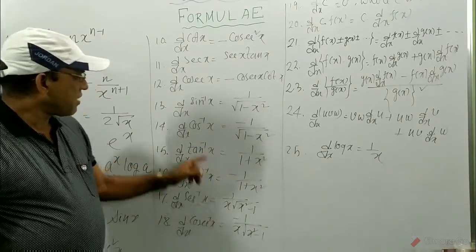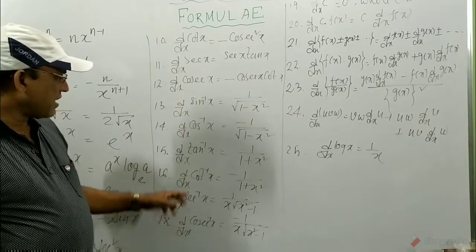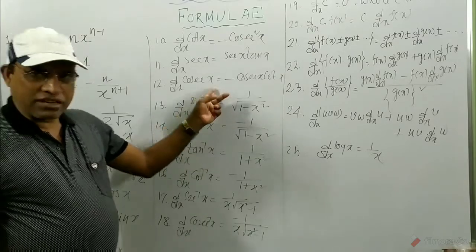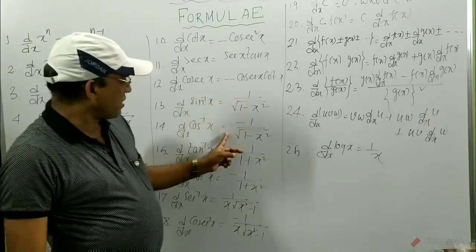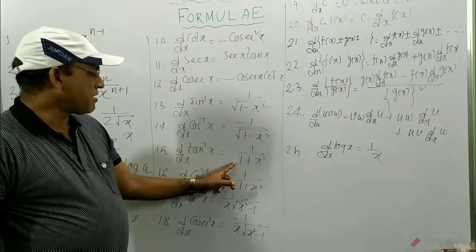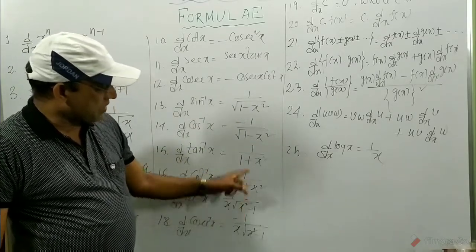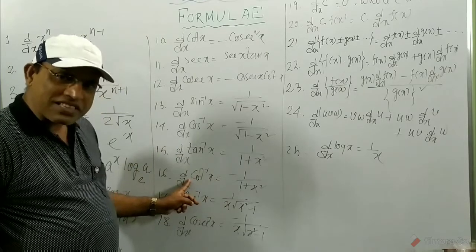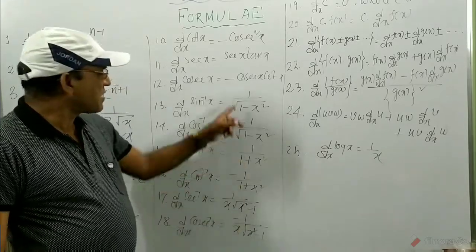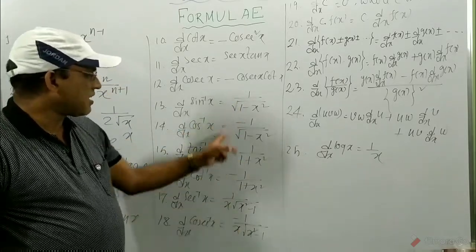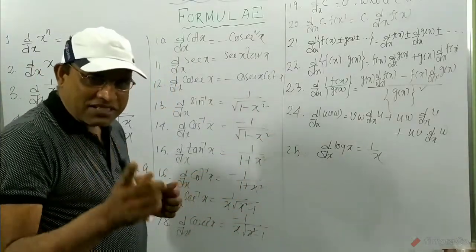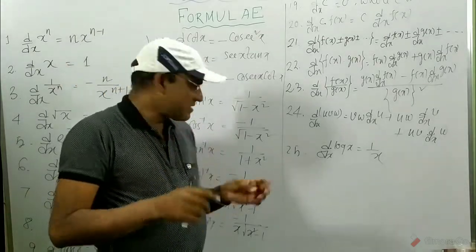But there are these 6 formulae. If you learn them by heart, then you can easily write the others. That means buy one get one free. Sin inverse has this formula, and cos inverse has the same formula, just with a minus. Tan inverse has this formula, and cot inverse also the same, with a minus because cot starts with c. Sec inverse and cosec inverse are the same. If it starts with c, then minus. So actually there are 6 formulae; if we learn 3 and 3 by heart, ultimately we will get all.